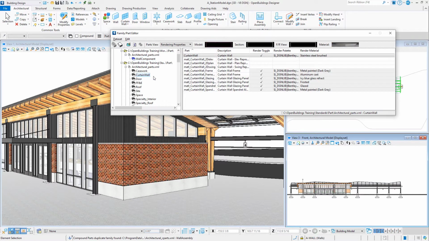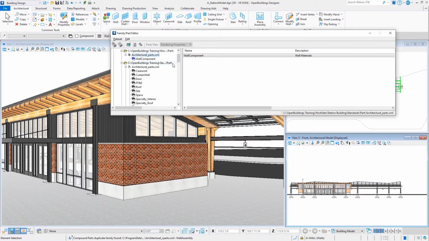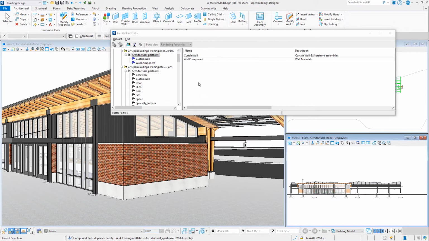I'm going to select the framing for the curtain wall and the glazing, the two things that have materials I might want to adjust. Again, I'm going to select them here, do a copy, go back up to my architectural XML and paste them. They have the exact same family name, the exact same part. We're using the concatenation to override. I'm going to save that.